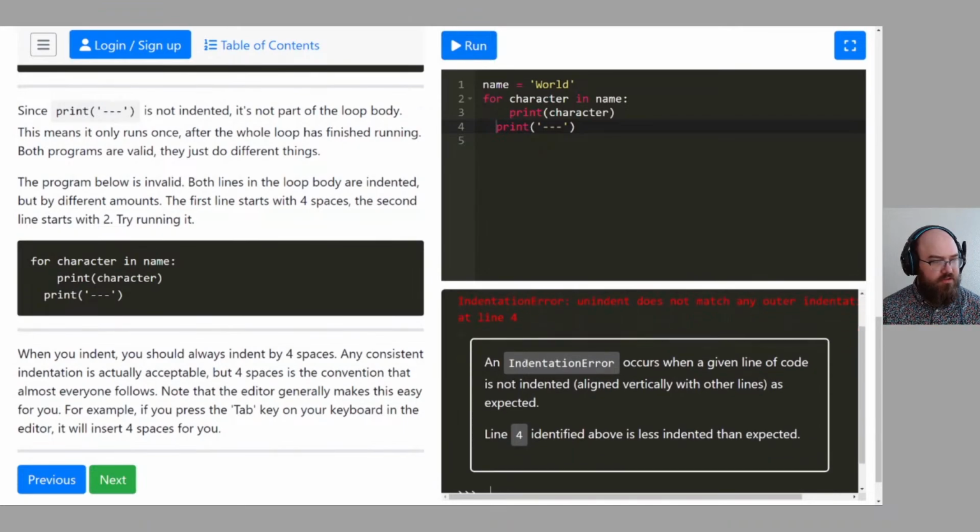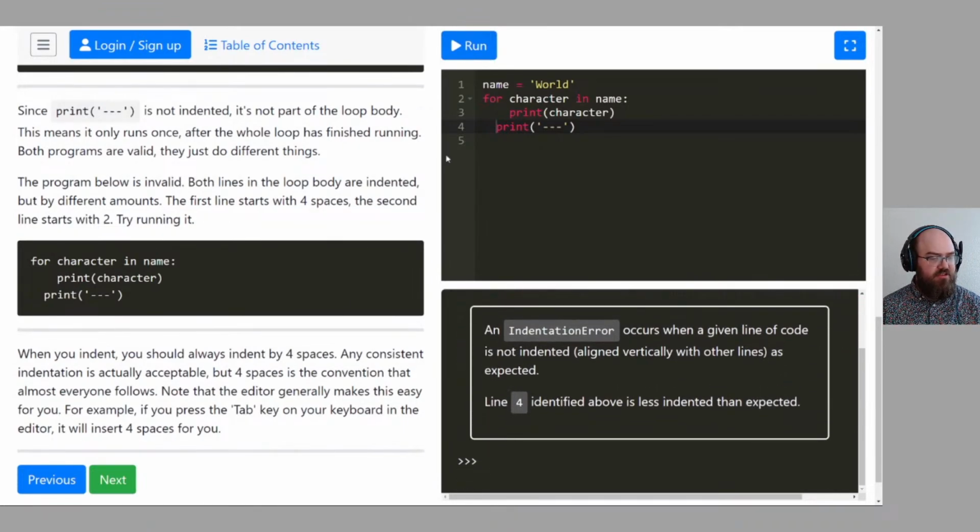Okay, so 4 spaces of indent followed by 2 spaces of indent doesn't work if we started with 0 at the for loop, at the statement that started the for loop. Wait, line 2 is at 0 indent. Okay, you're right. That's the one I was trying to talk about. I was just being confusing about it. But we saw the result of that, yeah.